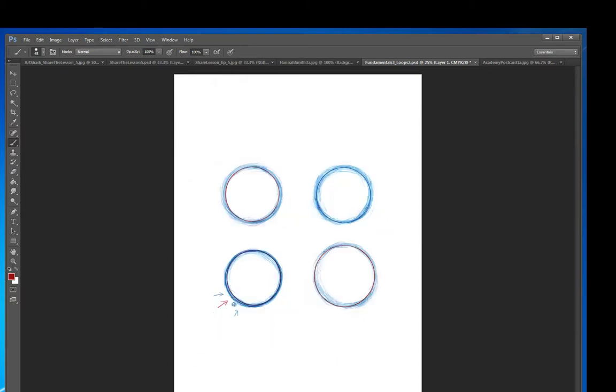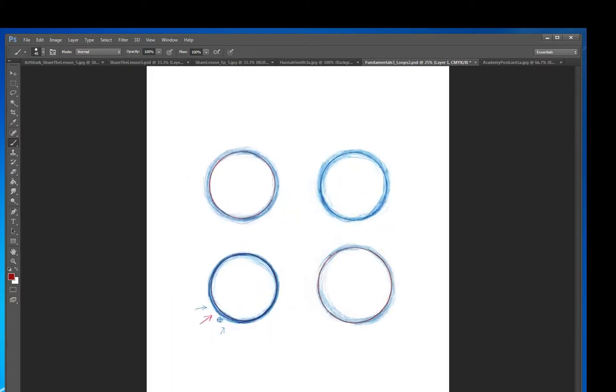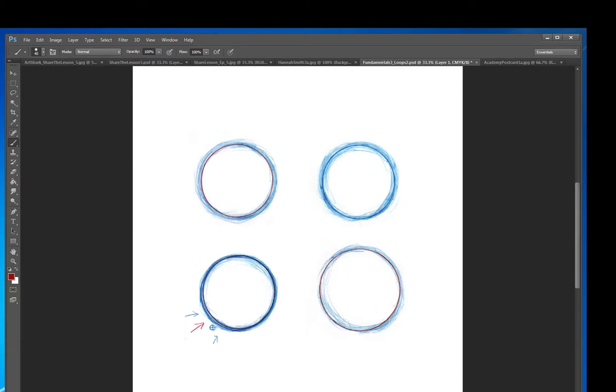Okay, here are some circles that I drew that you can see. If we take a closer look here, not always, sometimes there are little areas here,